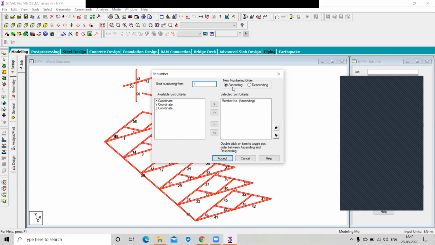But if you choose some starting point such as 100, you can choose ascending as well as descending. So now we have to choose ascending because my starting point is 1. That's why. And click on accept.